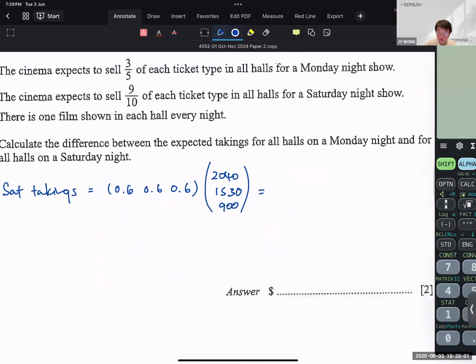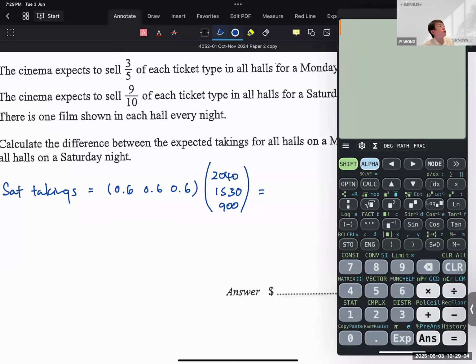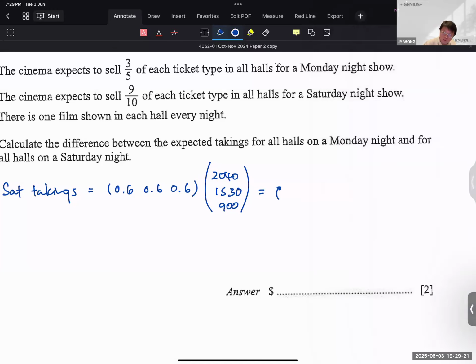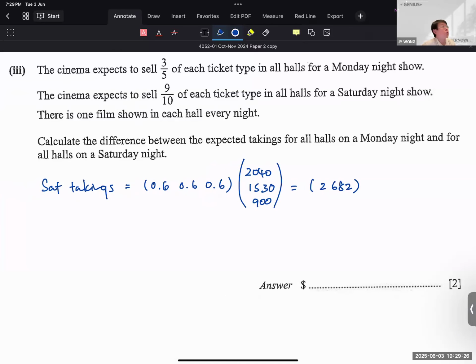Right? So now you will merge them down together into a 1x1 matrix. So you will get 0.6 times 24040. Actually, you can just do 0.6 times this plus this plus this. Right? So you will get a 1x1 matrix, which is 2682. Okay, so this matrix does not have zeros in it. Wait, that's not your Saturday takings, that's your Monday takings. Oops. Then your Saturday takings